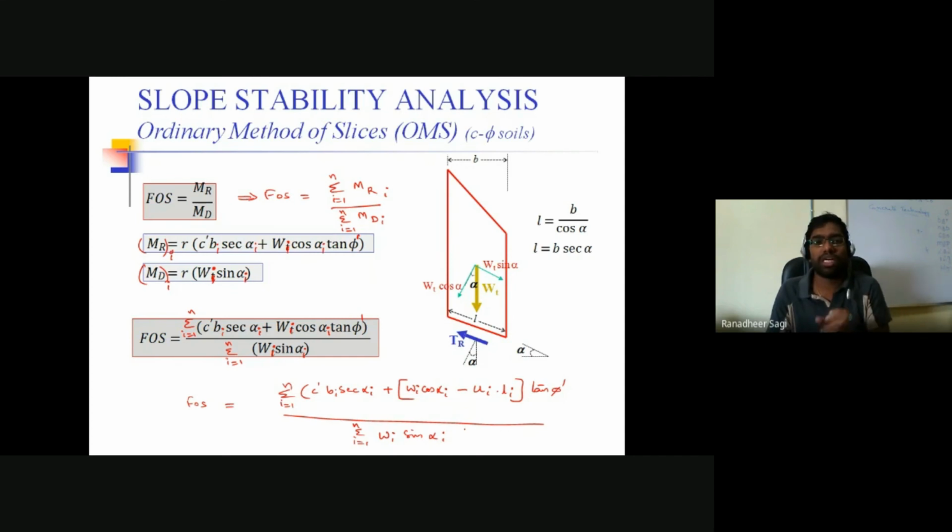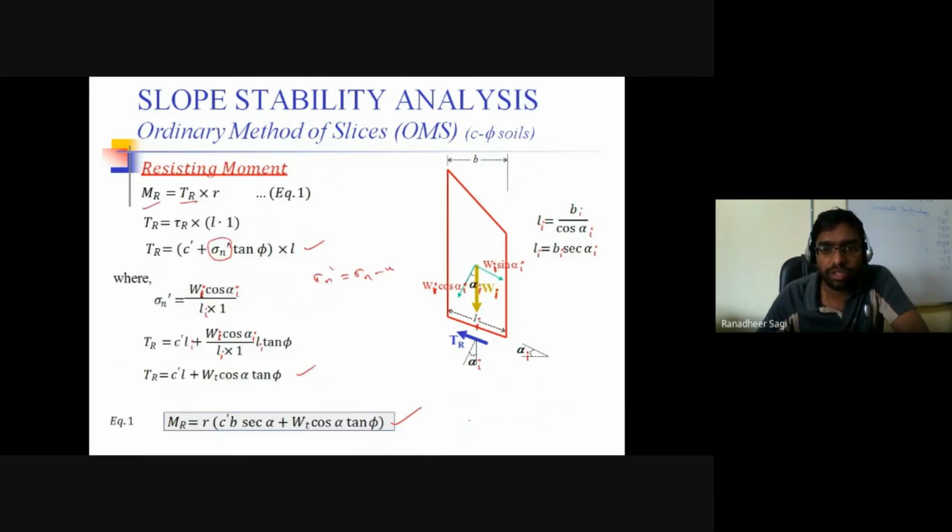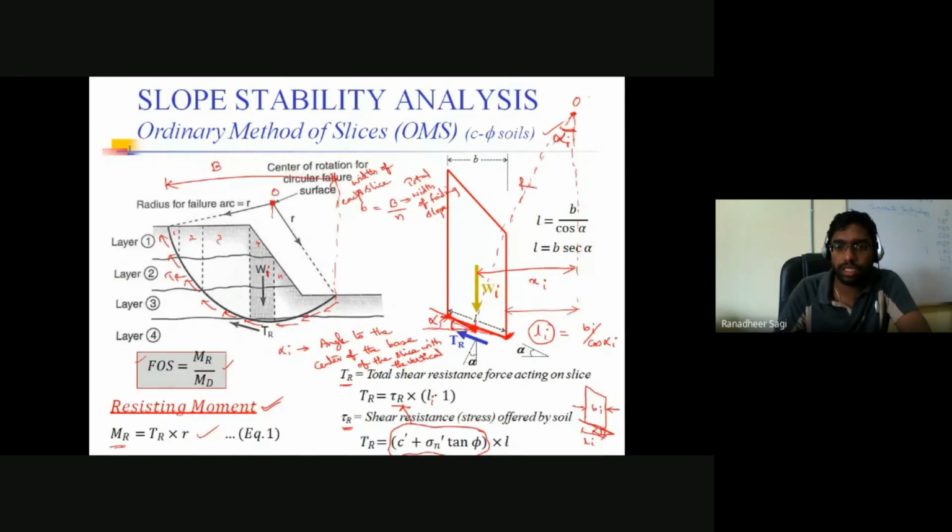You will be simply writing it as the weight of that particular slice into the corresponding perpendicular distance that the CG of the weight of that slice makes with the vertical, that so-called perpendicular distance we are representing. Earlier, I hope I have represented it as something xi. Okay, so let me quickly show you that. Yeah, here is that xi, what I was trying to talk about.